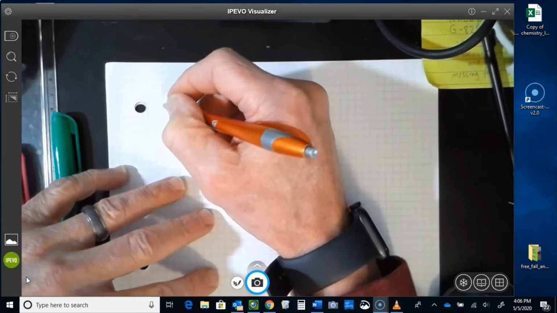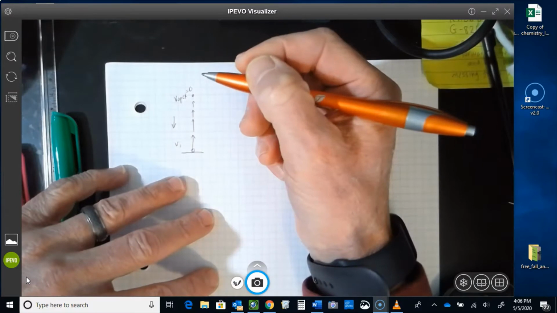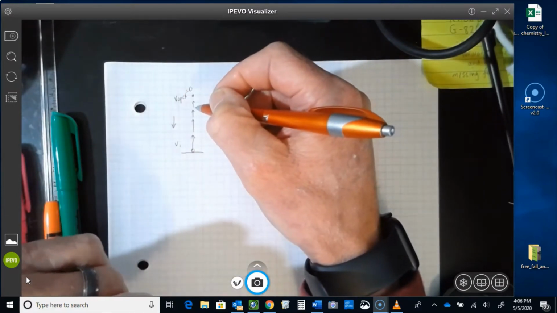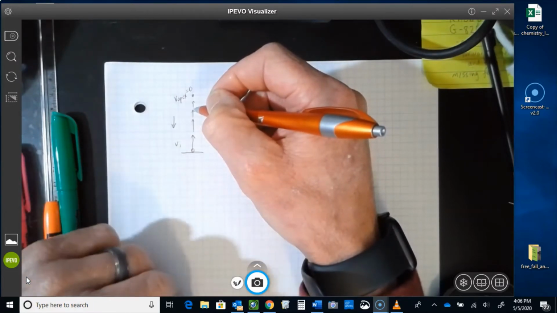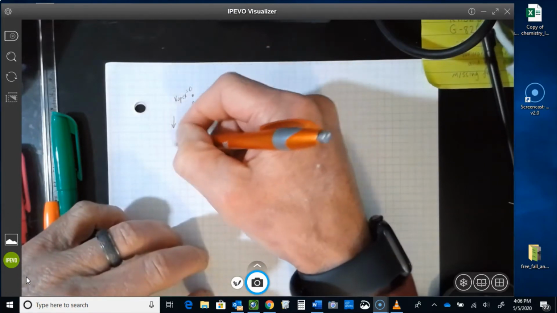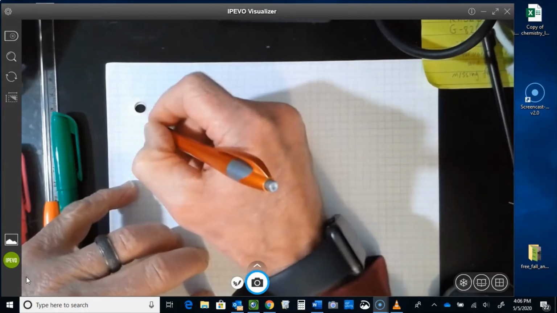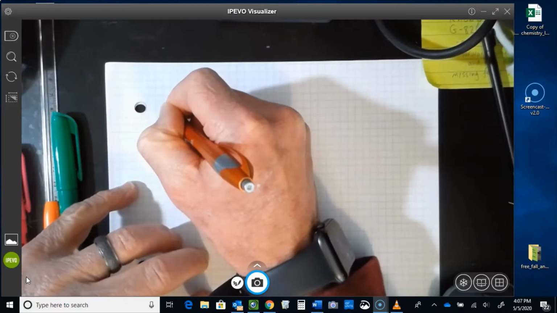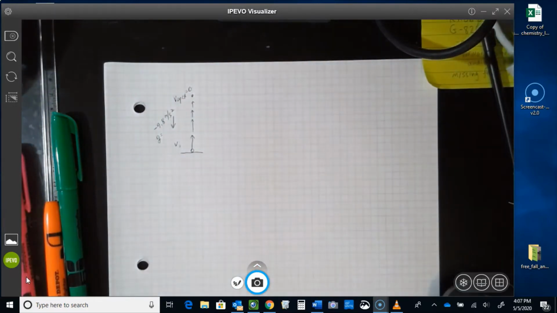Well, we have gravity pulling down on it, and we can show that gravity with a vector. And that gravity is going to act, at least close to the Earth's surface, at little g, negative 9.8 meters per second squared, throughout this whole upward motion. So this gravity is going to stay constant, negative 9.8, at least on our planet. And again, that's a little g. We call that the acceleration due to gravity. Now, on the way back down,